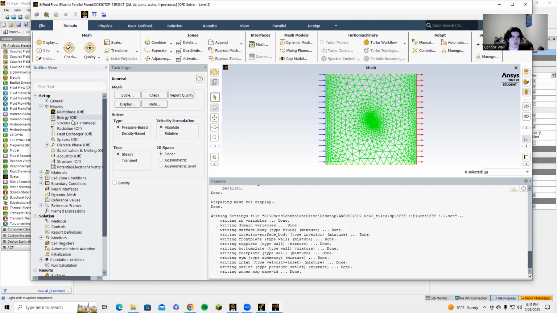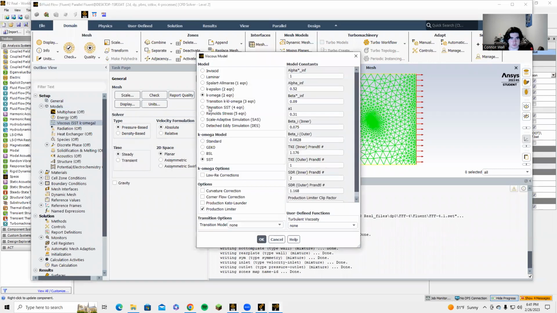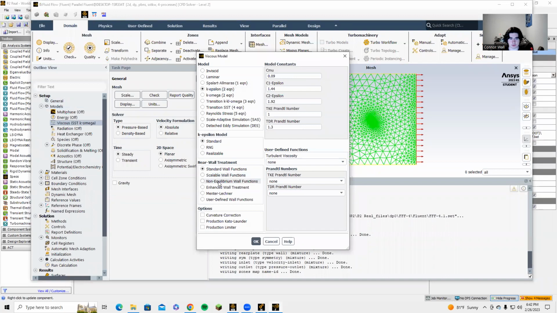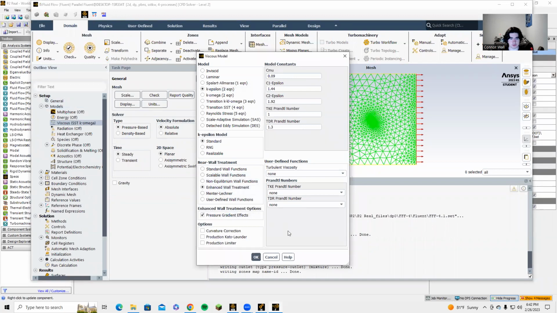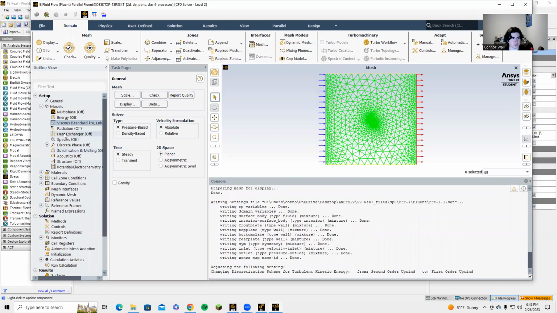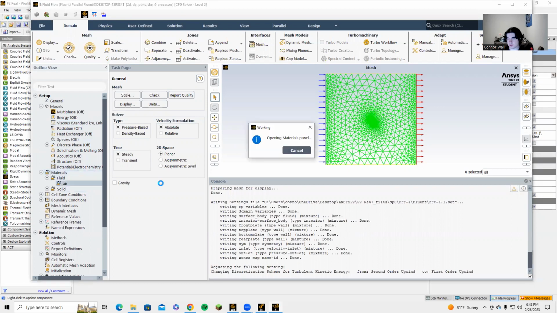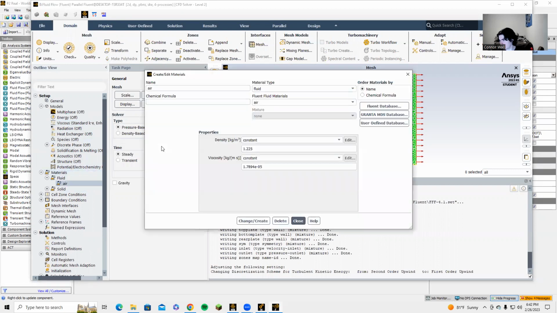All right, everything's in. Go to models for viscous model, K epsilon. Make sure you hit enhanced wall treatment and pressure gradient effects. Looks good. Okay. For the materials, fluids, and then air, where you have to change the density to just 1.2, and then viscosity is 1.8 pascals a second, which is the same as kilograms over meters times a second. So change create,